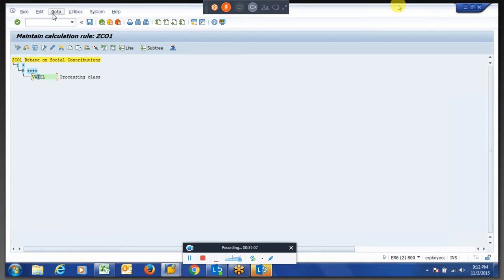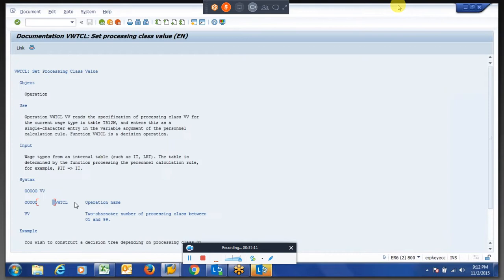So this is the operation we are giving: EW evaluate, base step, CL stands for processing class. So you can give any of the processing class over here. Here we created a processing class called 99. So you give the syntax, the same operation over here, and give the processing class number over here, right? Basing on that, the decision will happen.